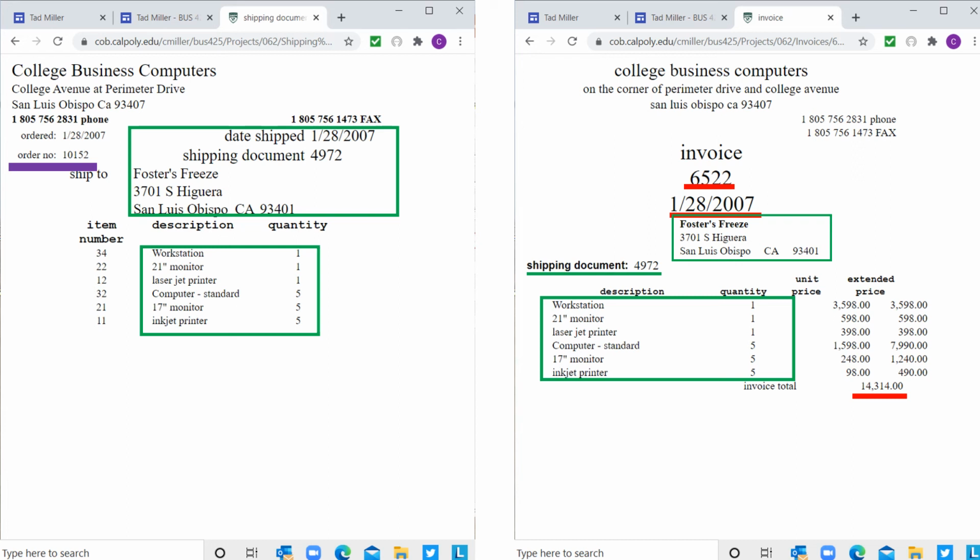I'm going to check Foster Freeze, make sure the addresses are the same, make sure the items are the same, the workstation, the monitor. Now notice the shipping document doesn't have prices on it. It may or may not have prices. Okay, it doesn't, but we can make sure that the quantity is correct. So here we've got everything looks the same. Foster Freeze, same address, dates are reasonable. So now I'm going to look at the shipping document, and there's the order number, the sales order,